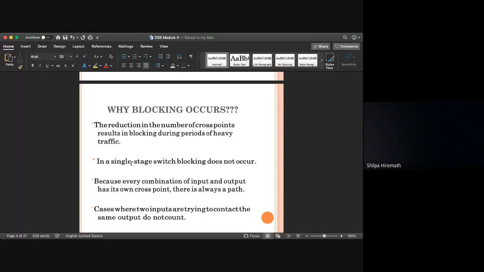This blocking does not occur in single stage, whereas in case of two stage, three stage, four stage, whatever you have studied in the previous module, the blocking occurs. Because every combination of input and output has its own cross point, there is always a path. The cases where two inputs are trying to connect to the same output do not count.